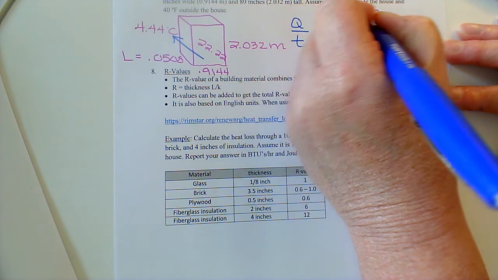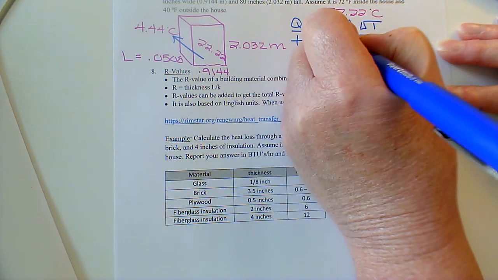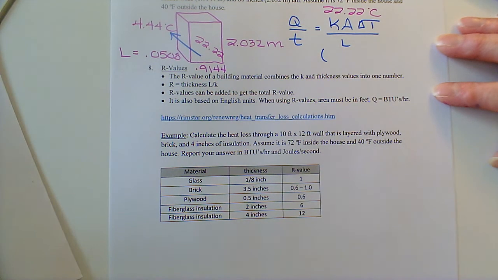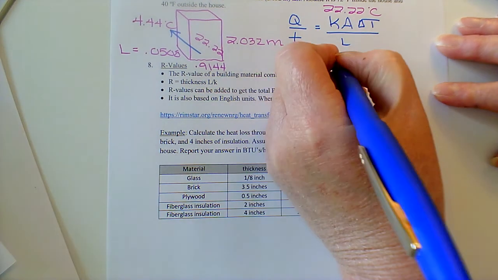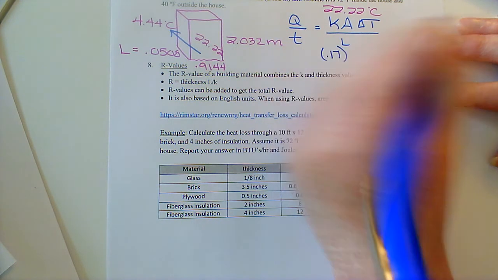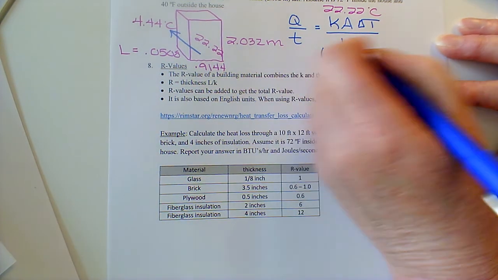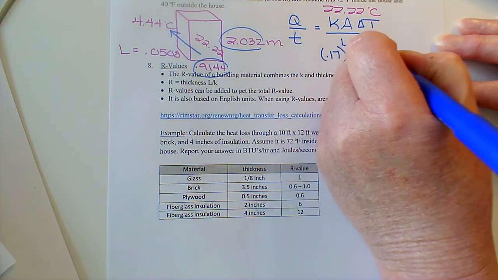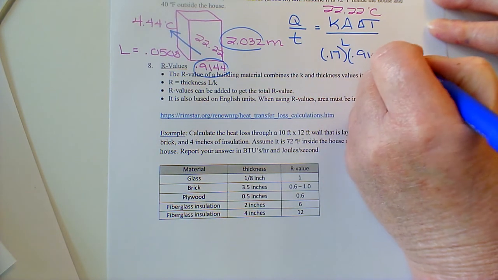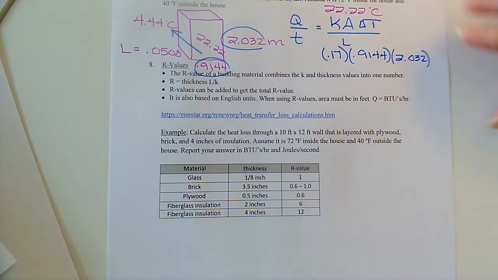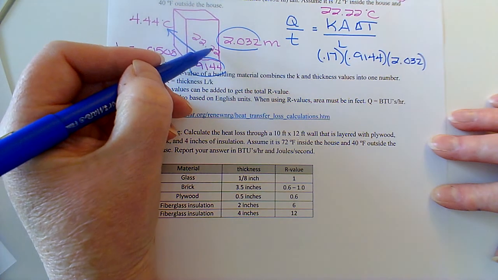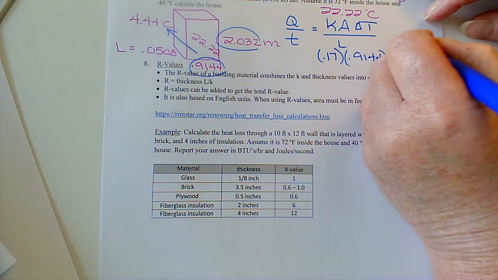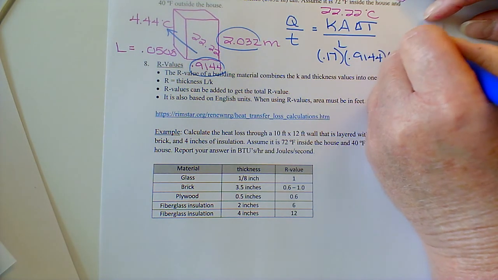So our equation. And we have a wood door, so I'm going to look up in my chart wood. Wood is 0.17. Wood is pretty insulating. That's good. And the area then is going to be the length times the width. So 0.9144 times 2.032. And then the temperature difference, 22.22 minus 4.44, turns out to be 17.78